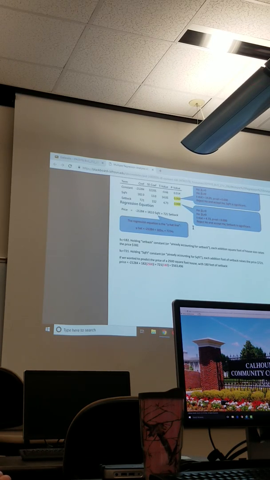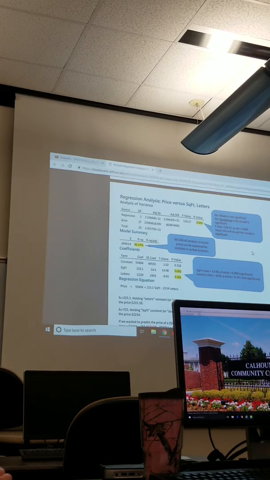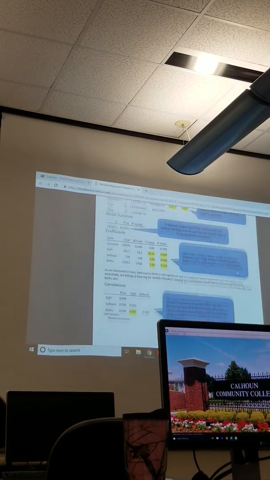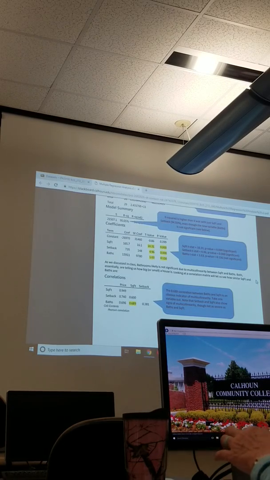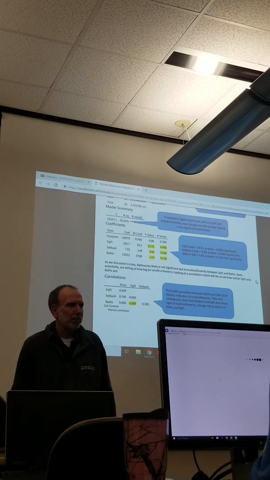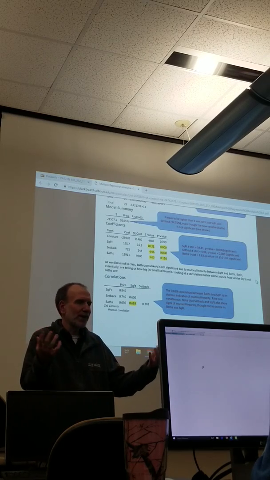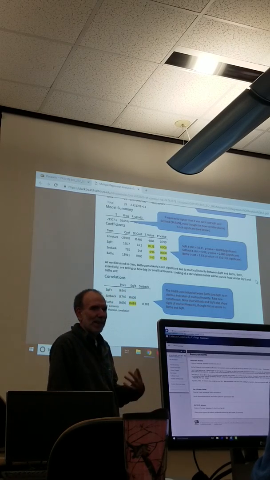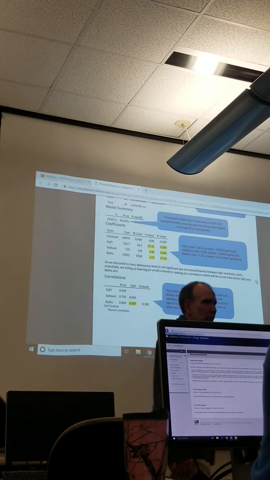So, you got that. The next page has one with square footage and letters in it. The next page has one with square footage, setback, and bathrooms. Oh, we didn't talk about the multicollinearity problem tonight. Remember when we had square footage and bathrooms both in our model? It caused a problem. The problem was square footage and bathrooms were too closely related. Minitab couldn't separate those two, basically. That's called multicollinearity. And at the bottom here, I was going to talk about multicollinearity and how we can detect it, but I'm not up to it tonight, guys. We'll talk about that next class. But you should be able to go through this model